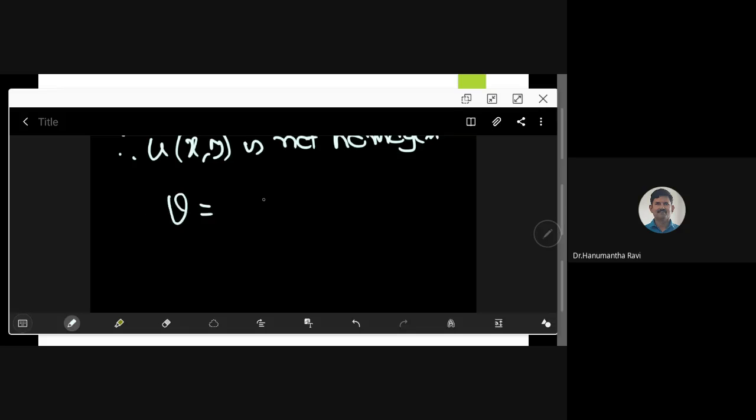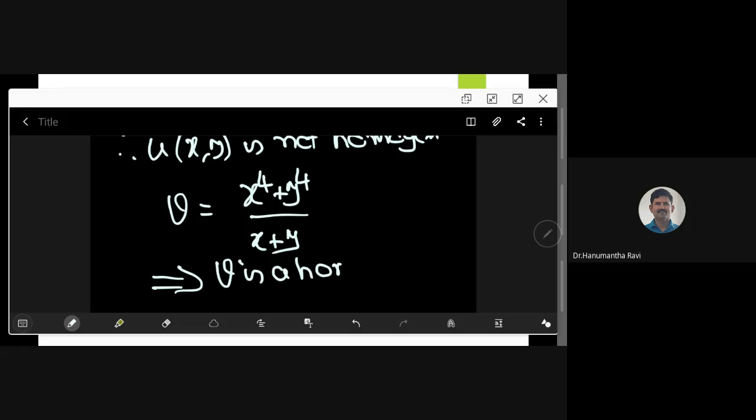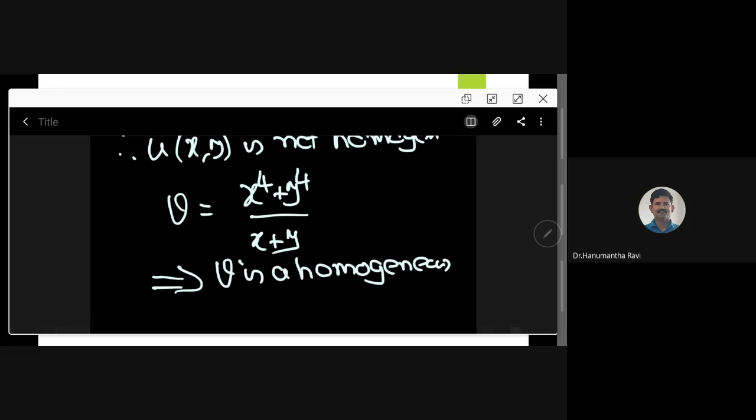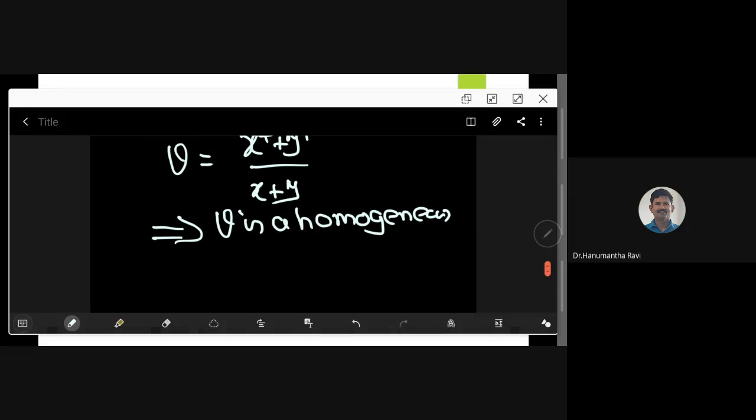You treat v as x power 4 plus y power 4 by x plus y. Then you can easily observe that v is a homogeneous function. V is a homogeneous function of degree